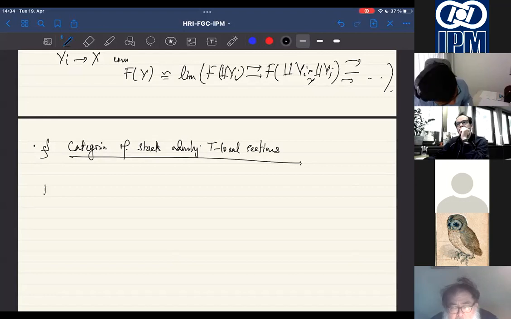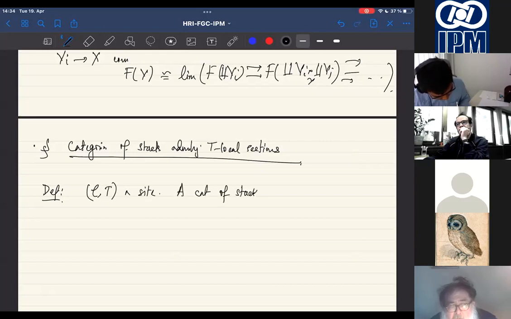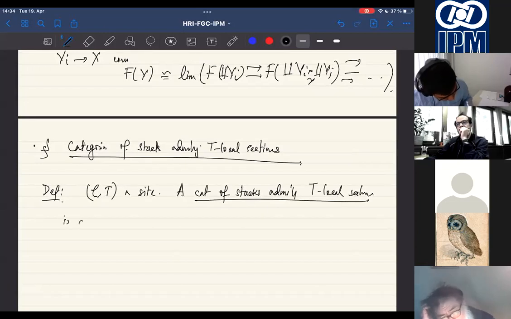The definition that we want to use is: if I have a (C, τ) site as before, then a category of stacks admitting τ local sections is a (2,1)-category, STC, together with an inclusion,